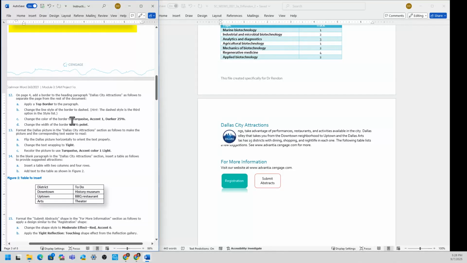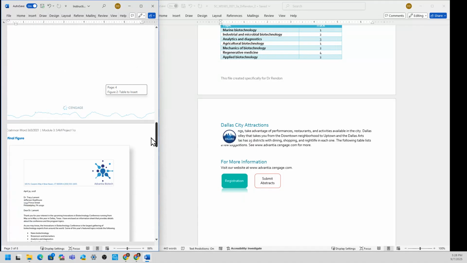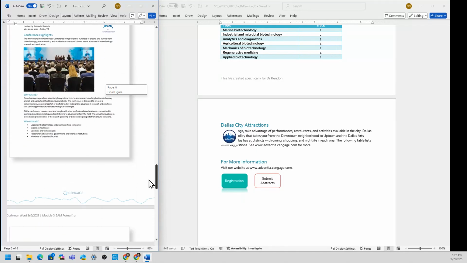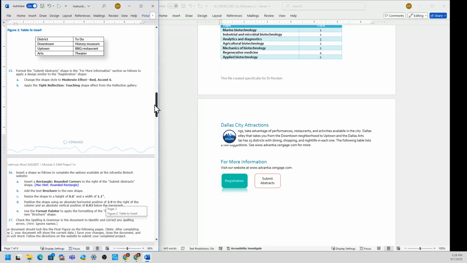Change the color of the border to turquoise accent 1 darker 25%. Change the width of the border to 1.5. And I just want to check the final figure. So what it looks like. So it's gonna look like this here. Okay. So moving on here.